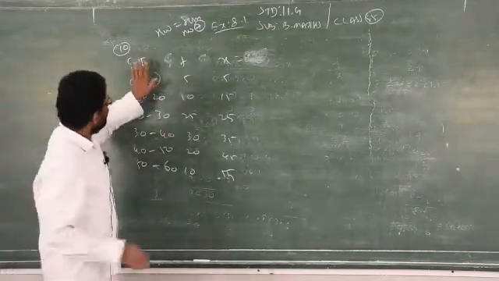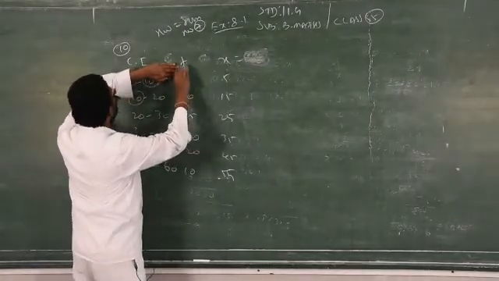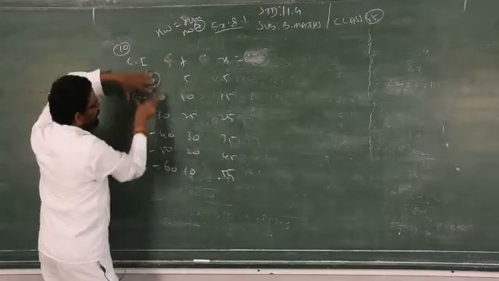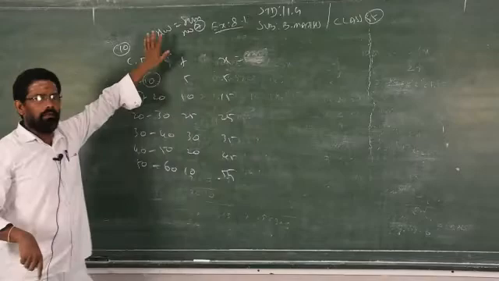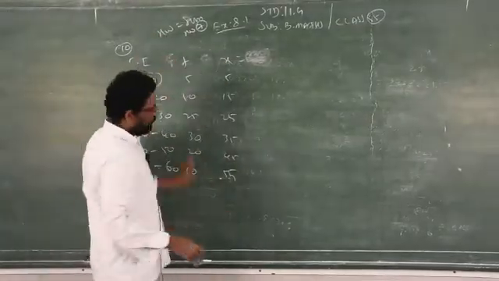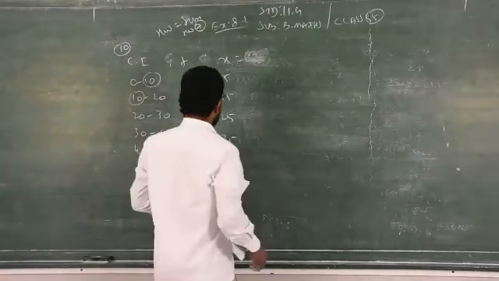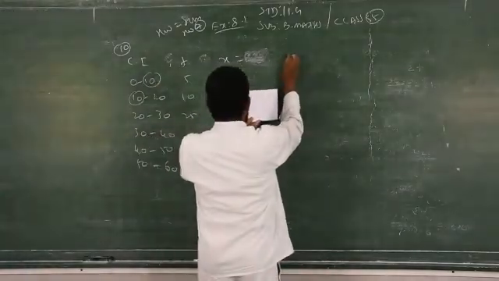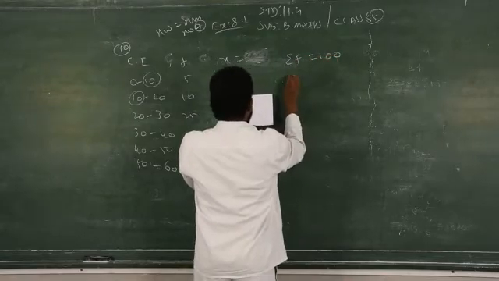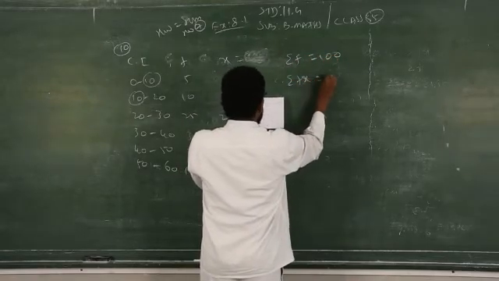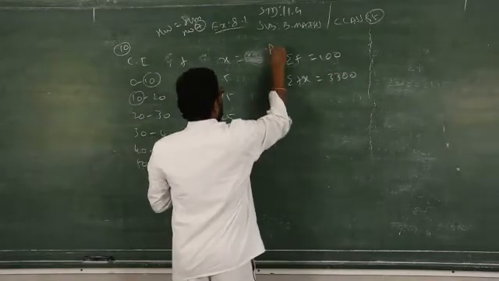Now you can see further about this tabular column. Now it comes like the ninth problem model. This is the class interval. I converted the class interval into x by taking the middle values. Now it is just like sum number 9. I will give only the final answer. You please check and complete your work. Clear? Summation f is 100. Summation fx is 3300. Find AM. This is for AM.